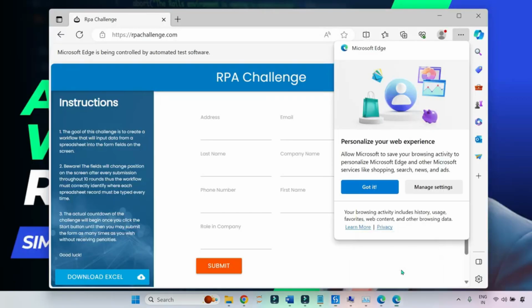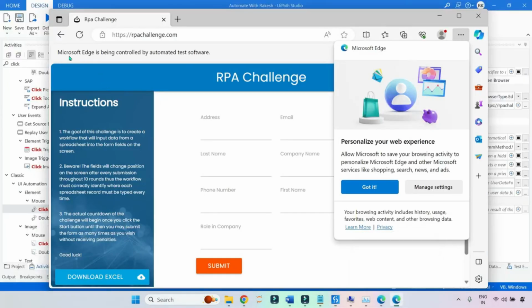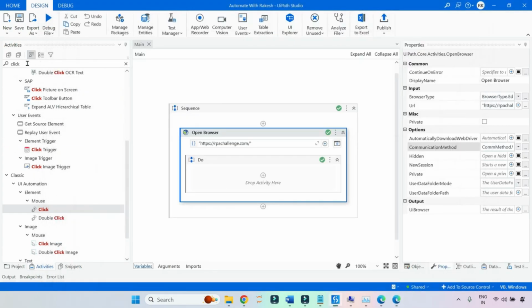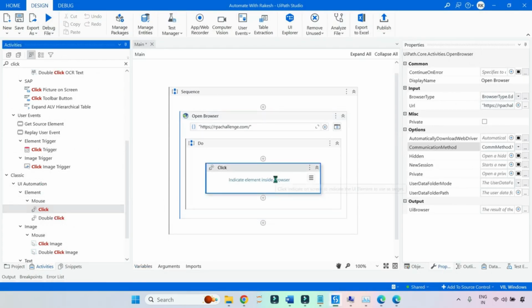However, when I open Edge, now it is controlled by what? Microsoft Edge is being controlled by automated test software. So this is your WebDriver. So is it not interesting? It is interesting, right? You can see now it is controlled by the WebDriver. Getting it? Here, if I use a click activity, let's say, and click on indicate element,